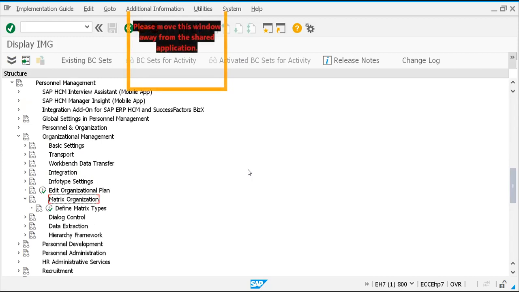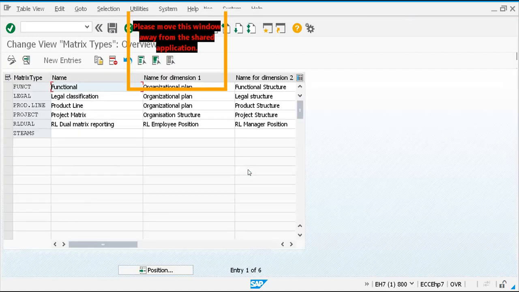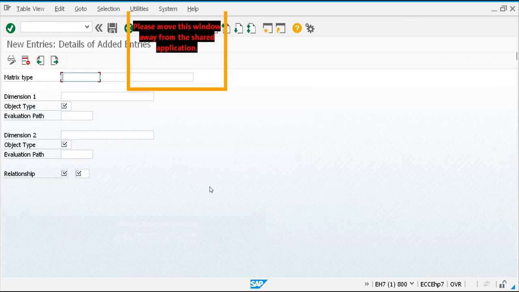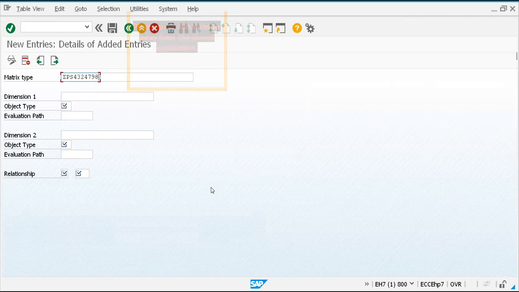I'll go to define matrix types. I'll go for new entries. I will use any code, for example, GPS. Some code I am using. And here I will type